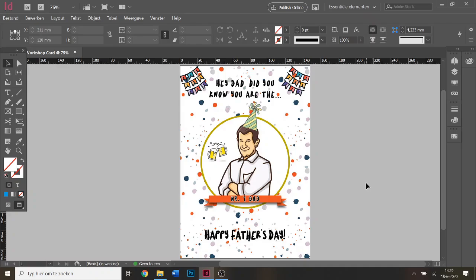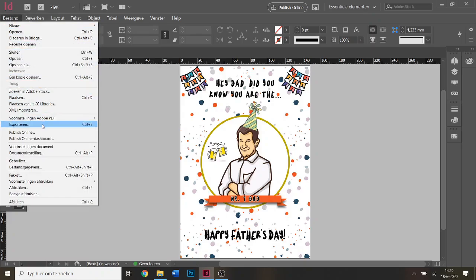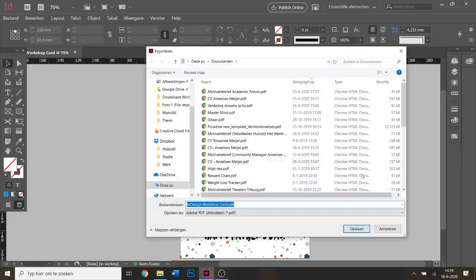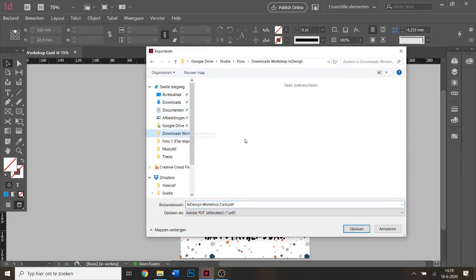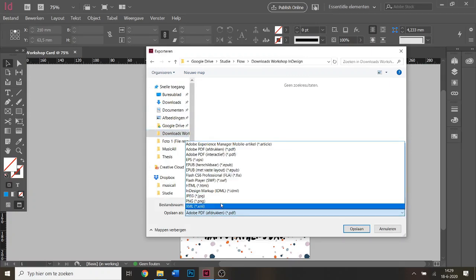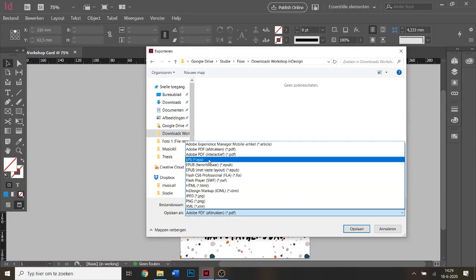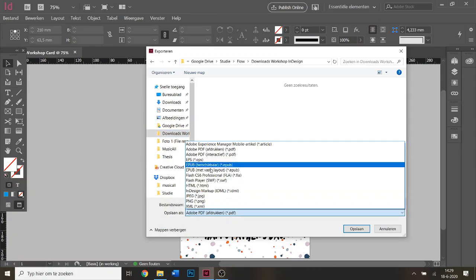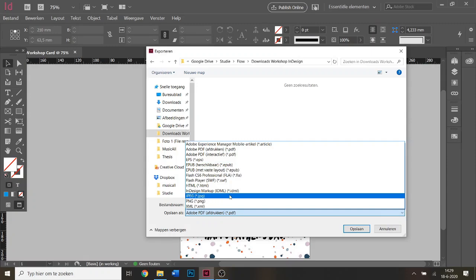So we can go up here, in the left corner to File, and we choose Export. Now you can export in a lot of different ways. I'm going to put it in the download, so you'll have a preview. Well, that's a bit meta. I can make a PDF of it. I can choose whatever I want. I can also make an EPS, so you can adjust it in Photoshop if you want to. I think for the current project, a